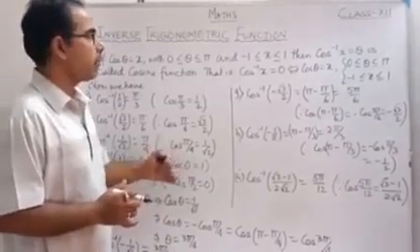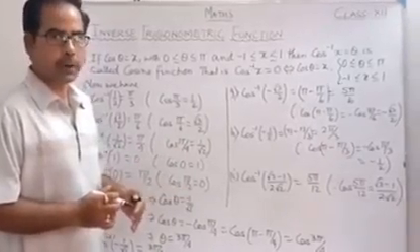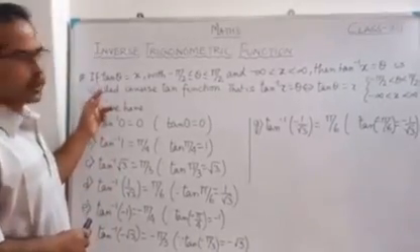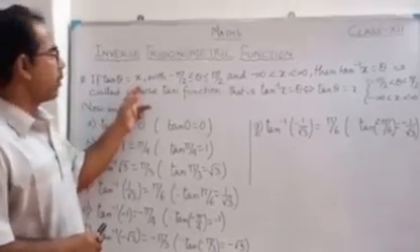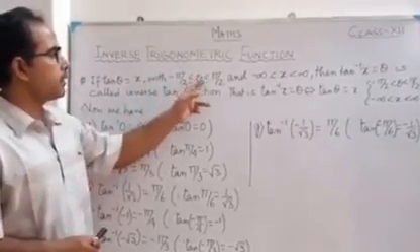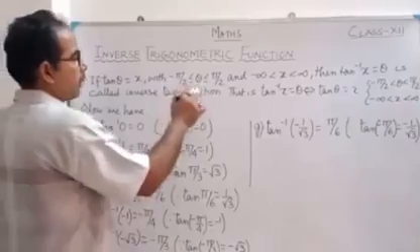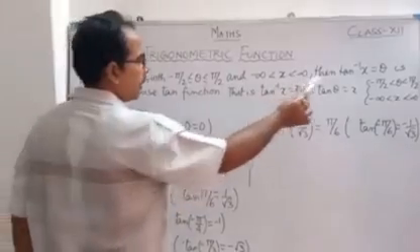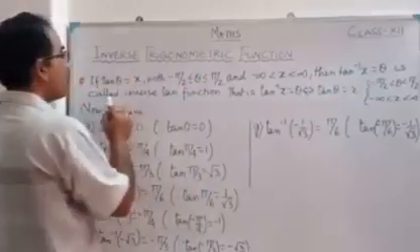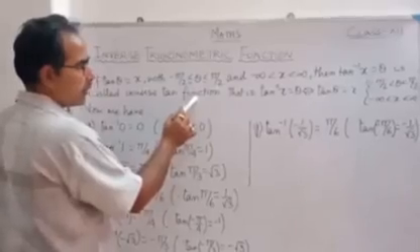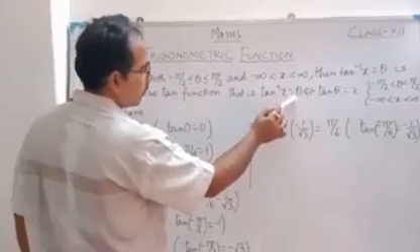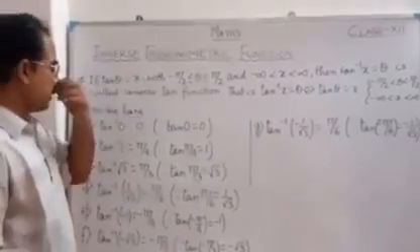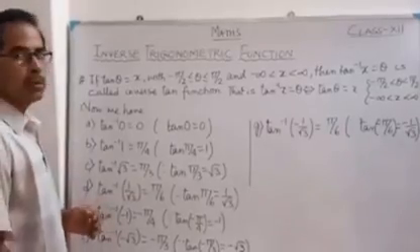After cosine we will turn over to the tangent. Okay students, after sine and cosine, let us study tan. So look here students, if tan theta equals x with minus pi by 2 less than or equal to theta less than or equal to pi by 2, this is the range, and minus infinity less than x less than infinity is the domain, then tan inverse x equals theta is called the inverse tan function. Correct students? So tan inverse x equals theta, which implies that tan theta equals x. What is the range and domain? Now from tan, these are the formulas which we have to learn and memorize.